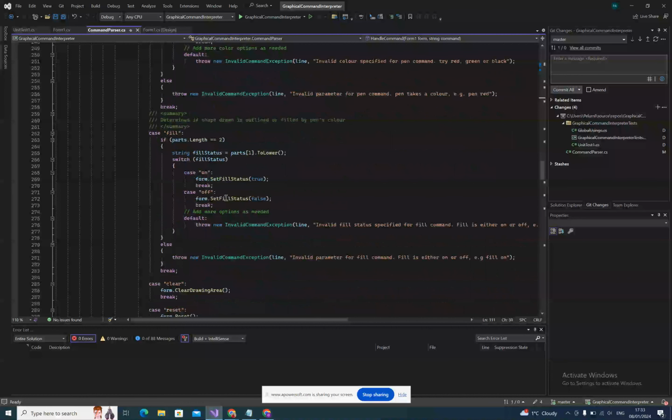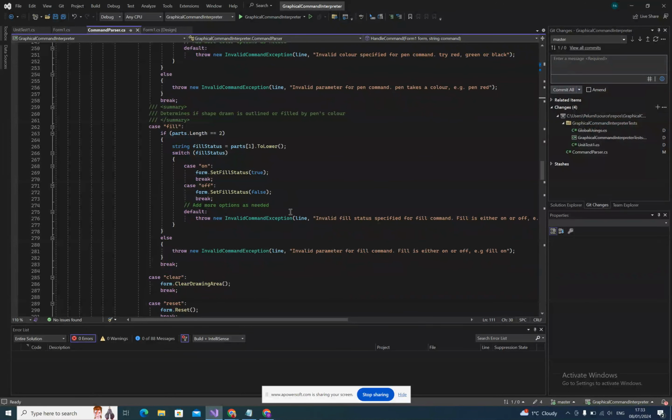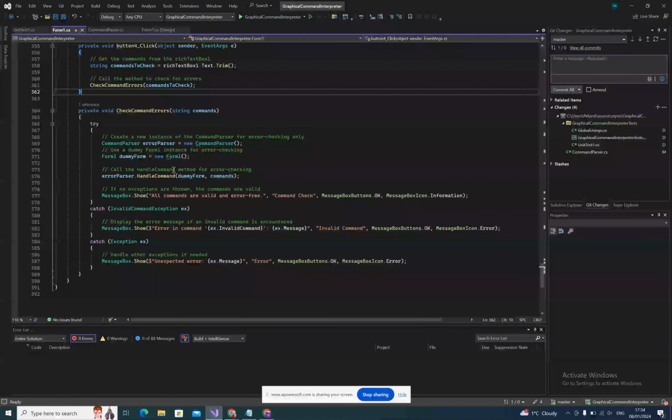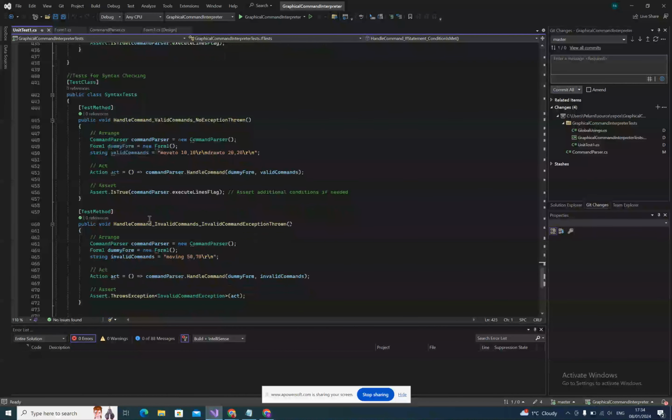For example, let's say the user enters the wrong color here. If the color is wrong, it's going to tell the person that it's an invalid parameter. It has to be on or off, because fill means there's going to be a color, black or red or whatever color. And that's exactly what's going to tell the user if they enter a wrong command with the check command errors. So for my unit test for syntax checking,